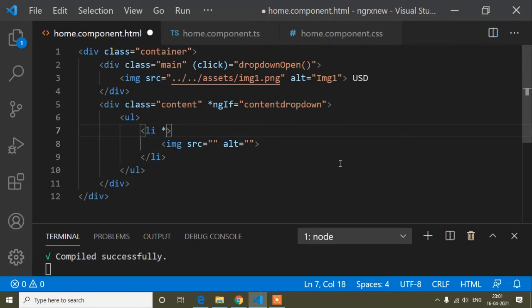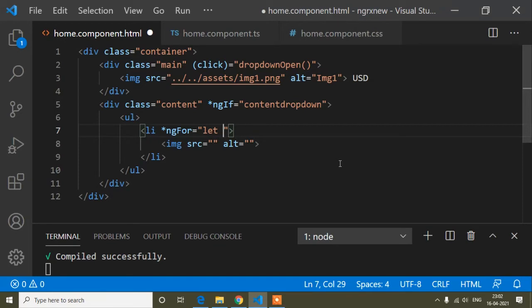Here we can write ngFor, and here now let is the keyword, you know, it's a keyword for defining a variable. So guys, if you want to know about let, var, const, I have already made a video in the JavaScript tutorial, so you can check my playlist in JavaScript. You will find let, var and const defined there. I have shown a practical example, and it will be more clear and understandable. Okay, so you can check that video.